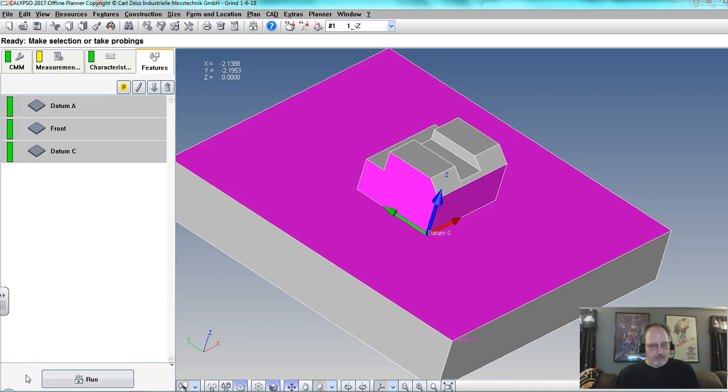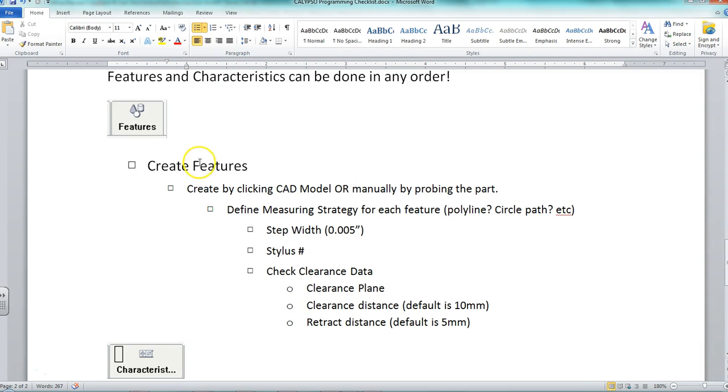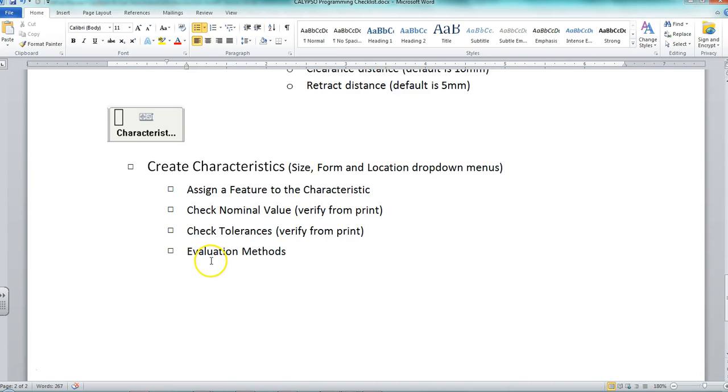All right, this is Calypso programming part 3. We're going to continue where we left off from the other one, and that is we defined our datums, we defined the strategies for these, which has to happen before we can do anything else. So after we have a few things defined, and that was these three surfaces, if I look at my list, I've created some features, we defined our strategy, and so now